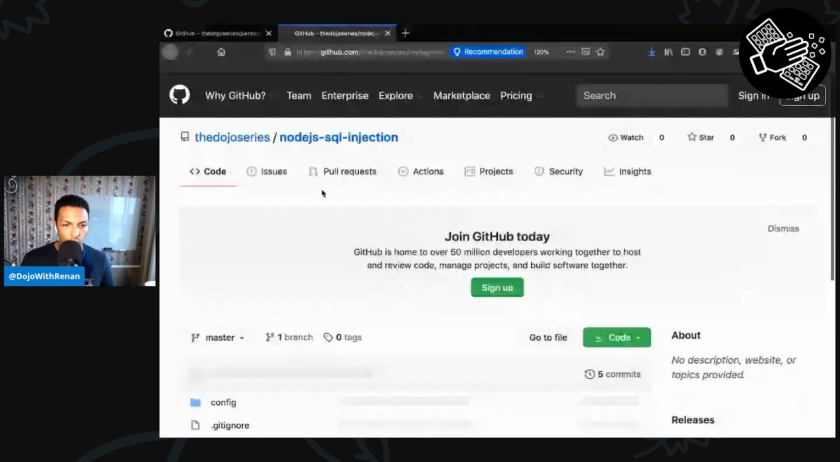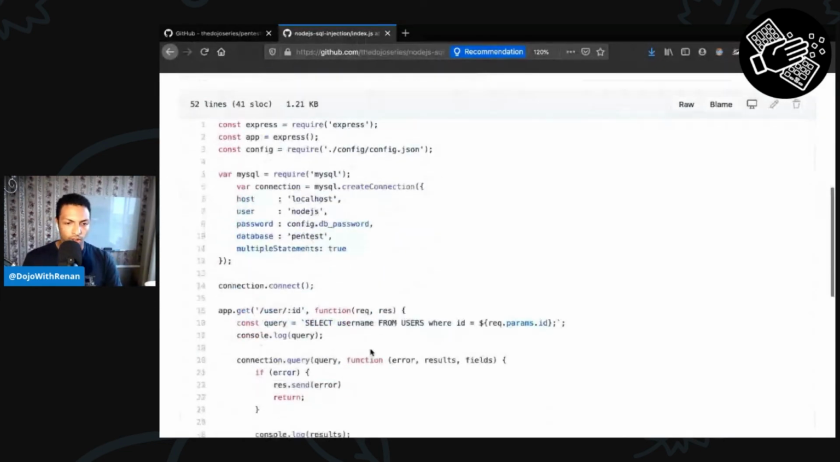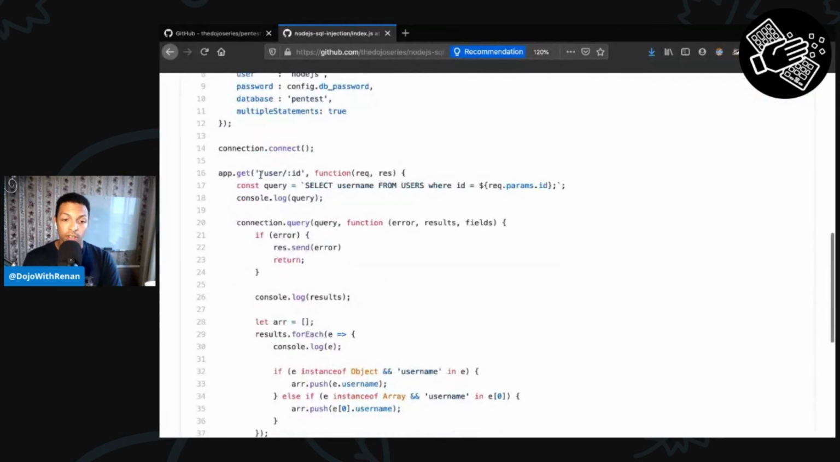And so this is the Node.js code. If I go to index.js, okay, so this is the code. So very simple. So we just connect to the MySQL database, and then here is the GET for the user ID. And you can see that we just basically do a select from a table called users, where the ID is whatever we get. And the danger of this thing here is that we're not checking